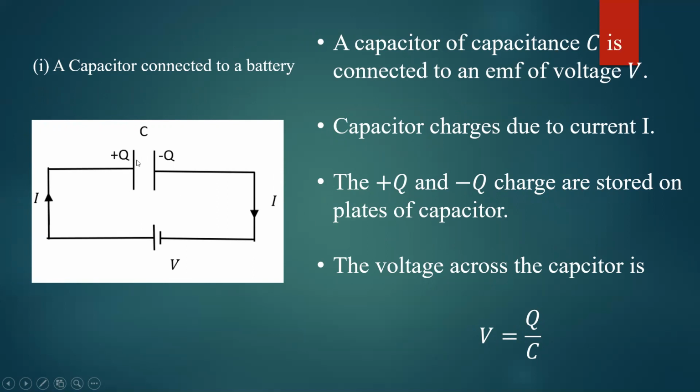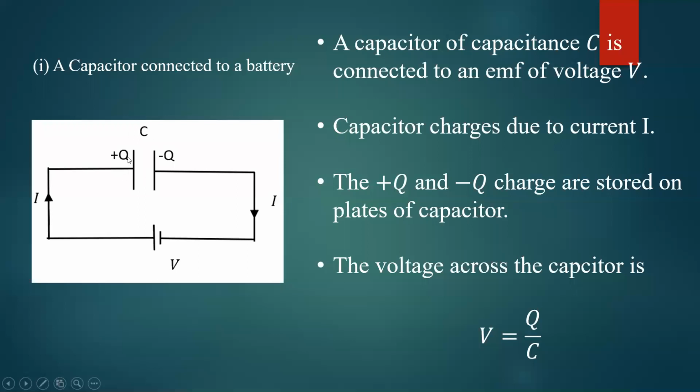Charge gets stored here. That's what I have already told you. The capacitor will store the charges. Okay, so that charge is represented as Q. So remember, one plate will store positive charge, another plate will store negative charge. Negative charge accumulates on one plate, and positive charge accumulates on the other plate. Okay, that is how it stores the charges.